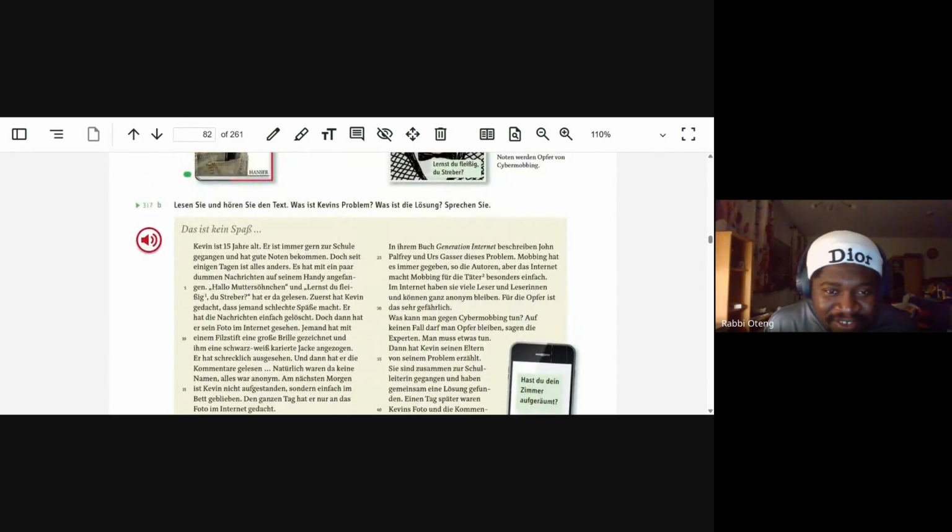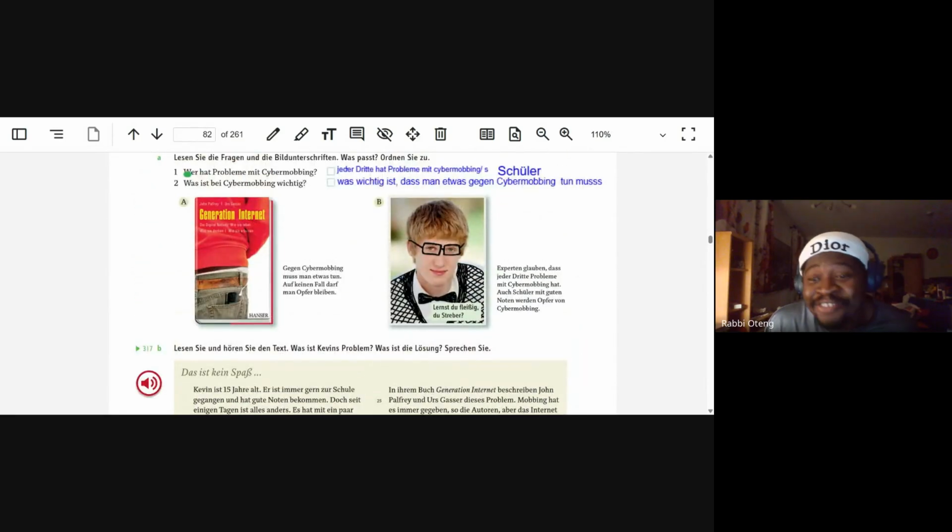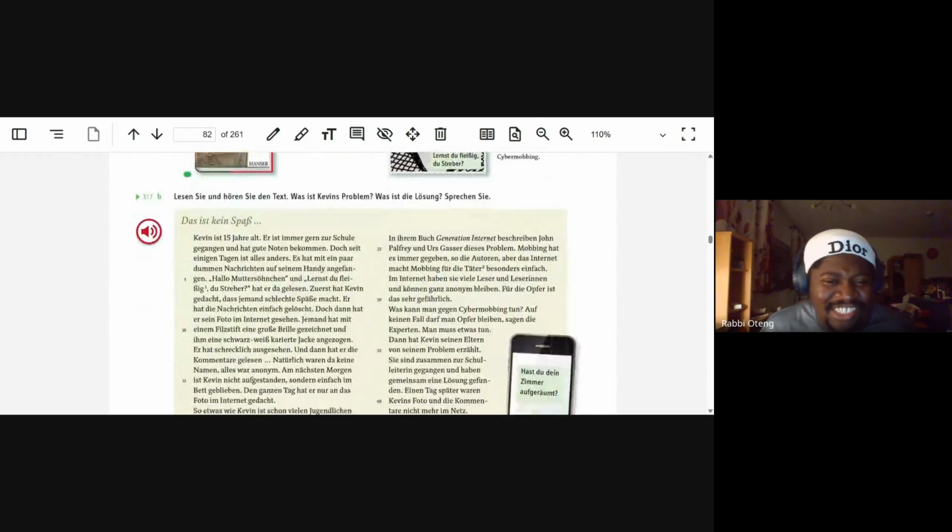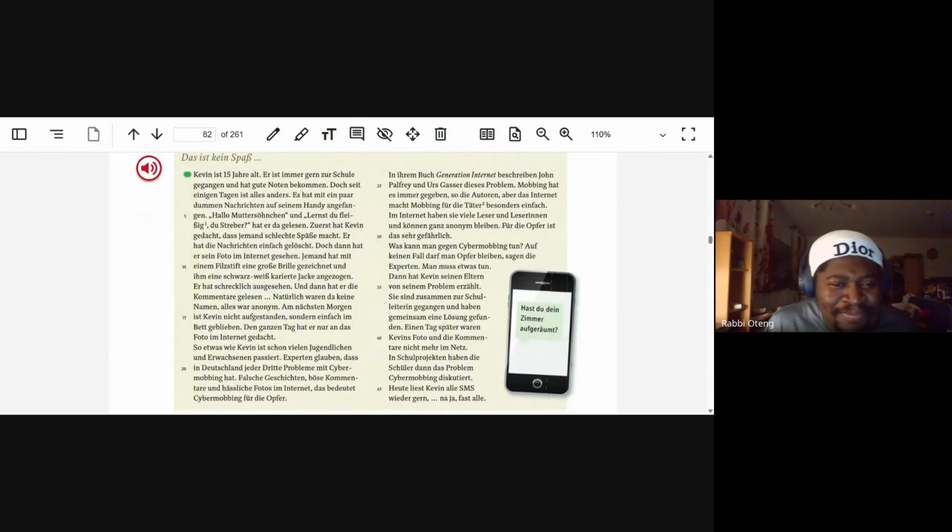Where's the picture? Yeah. So do you know that even I thought this was normal? I only focused on the spectacles. I thought this is the normal jacket. So karierte, weiß ich nicht. Das ist mir neu. Yeah, maybe I think like with the stripes. Karierte Jacke angezogen. He said someone has put a black and white striped jacket on him. Okay.